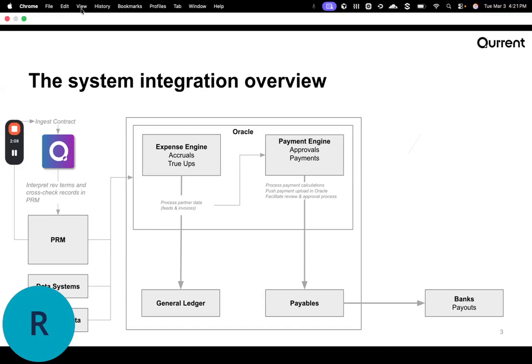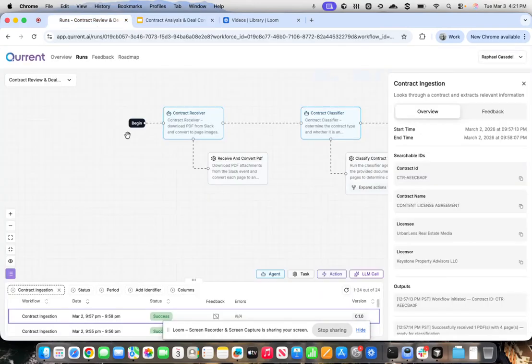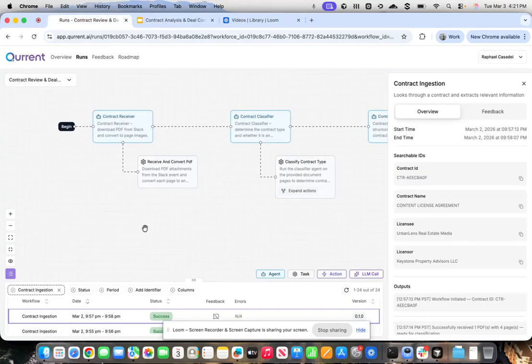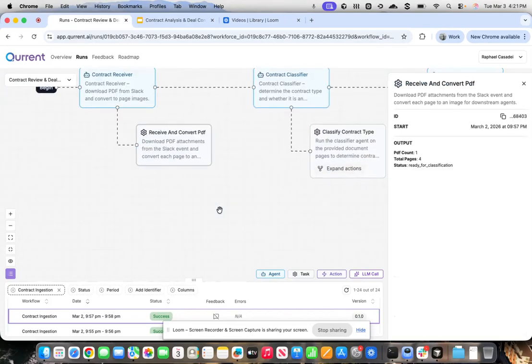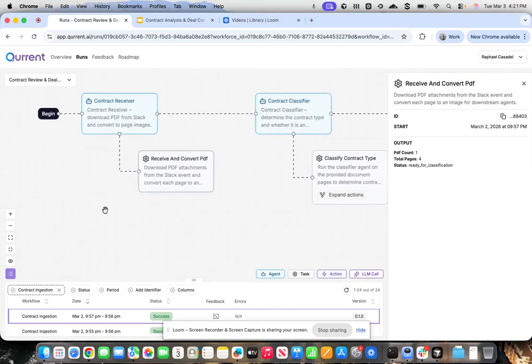So now I'm going to move into the Current Supervisor. As you can see here, I'm going to walk you through the flow. So first, we start with a contract receiver. The goal of this agent is to receive essentially the contract, which can be a PDF. It can be downloaded from Slack or directly from a source system such as an ERP, and start to essentially